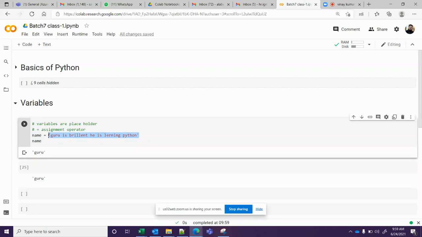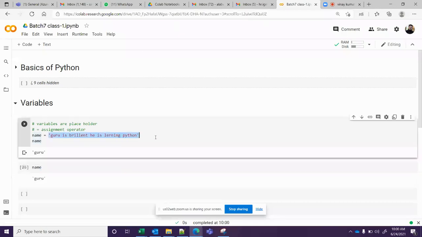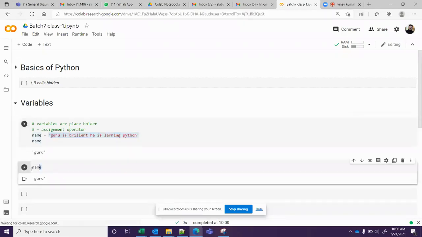So variables are placeholders or kind of containers. They're holding your data. This is the best example or use case of the name. You keep the data in one place, in one variable name. That variable name represents your entire data. In any cell within your program, you refer to it, and whatever value that variable has, it is going to represent. Clear?